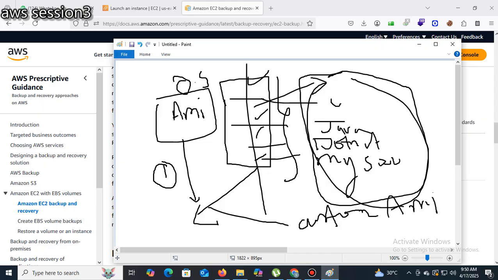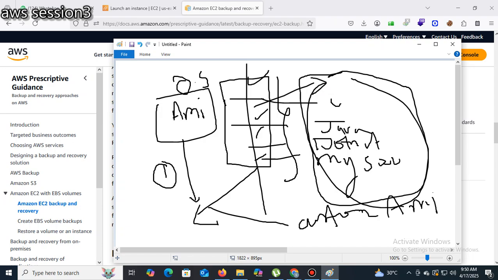I had installed the software because I need all this software. When you take the instance backup, with the AMI, this also gets backed up. It takes the backup for the remaining things also.